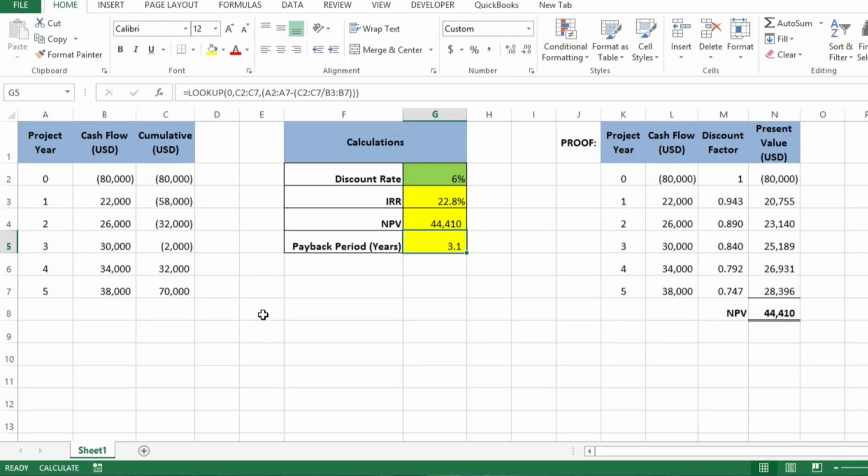So you have just learned how to calculate IRR, validate NPV step by step, and compute payback period in Excel